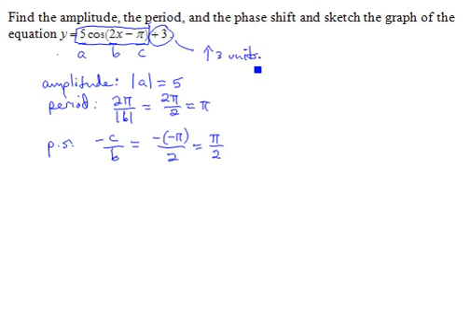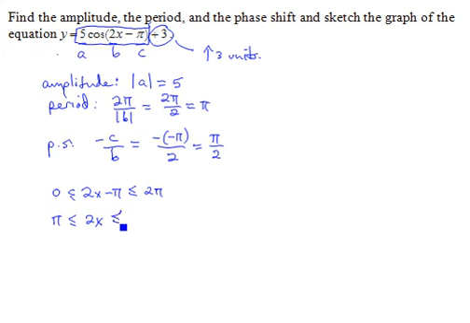Okay, so we'll put all those pieces together as we sketch the graph. One more thing that is often helpful is to start with the argument 2x minus pi that was inside the cosine function, and put that between 0 and 2 pi to find out what one cycle of the cosine curve will look like, or which span on the x-axis will produce one cycle of the cosine curve. We do that by solving for x. So if we add pi everywhere, we have